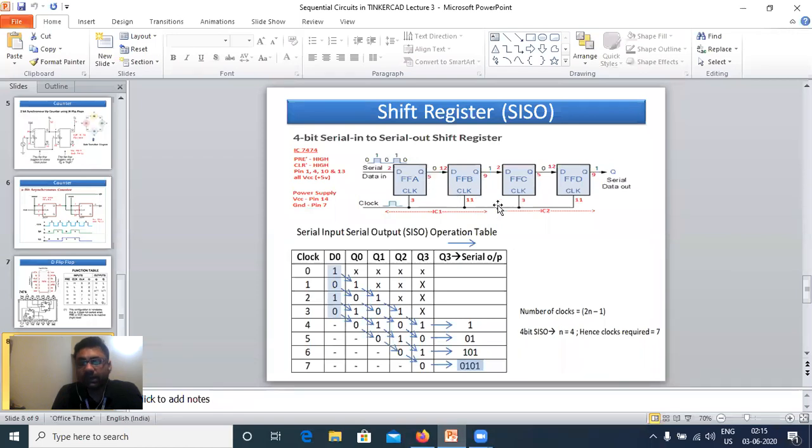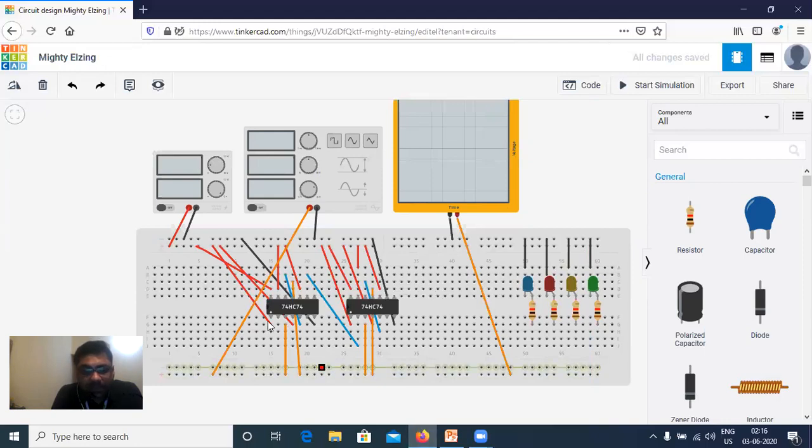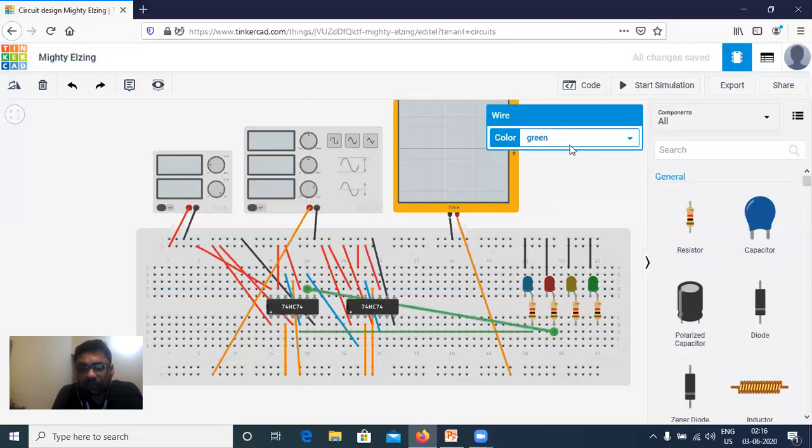5, 9, 5, 9. So first thing is 5. Here is 5, one connection. Let it be green output. Then next will be 9. Let it be green. Then again 5. So this is my 5.